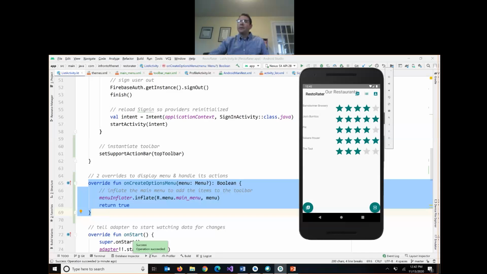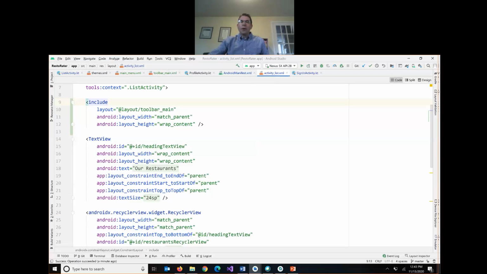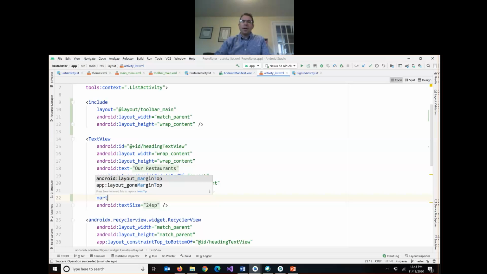And notice that also the menu buttons aren't functional. I can click them, but nothing actually happens. So we're on the right track. In my activity list, we're constrained to the top of the parent, but I'm going to add a margin here. So I'll add a margin top,